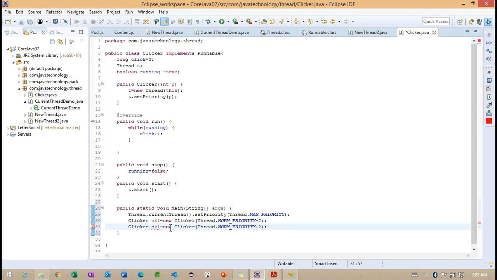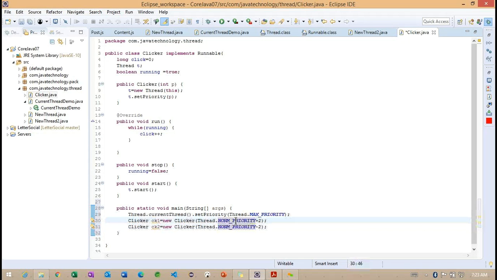And for the second one, ck2, what am I doing? Minus 2. So I have three threads running here. One has max priority, the second has norm priority plus some more value, and for the third I subtract from the norm priority.